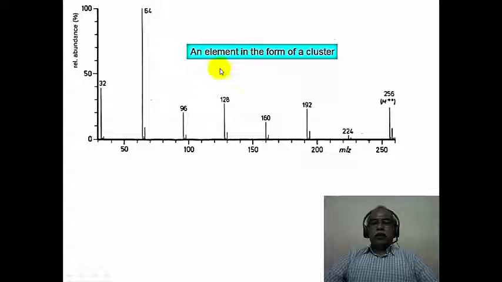Here is a simple question. An element in the form of a cluster gives this molecule in this mass spectrum that is shown here. If you look at the subsequent losses, each loss is a 32 mass unit. So you have to think of an element with a 32 mass unit resulting in a fragmentation like this. Think about it. It's a fairly simple problem. We will address this problem in the next module or so.